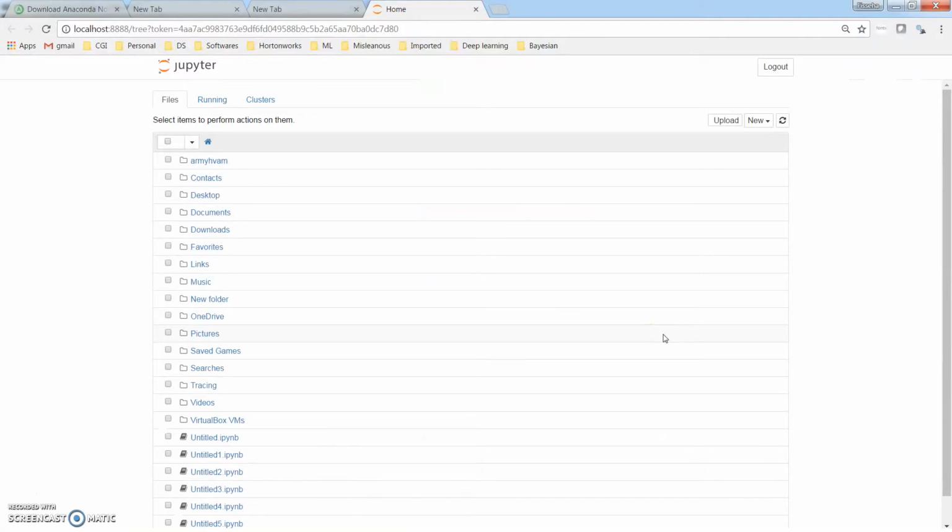So before we added R on this session, we had only Python. We had only the option to open a Python Notebook. Now we should also have an option to open an R Notebook. Let's go to New. You see we have R also added.